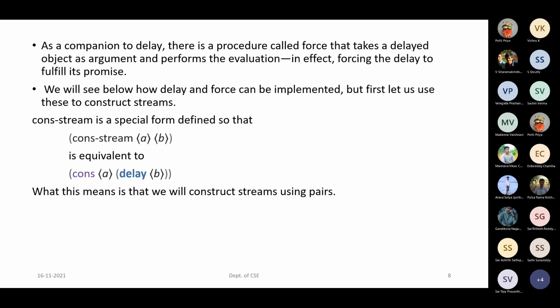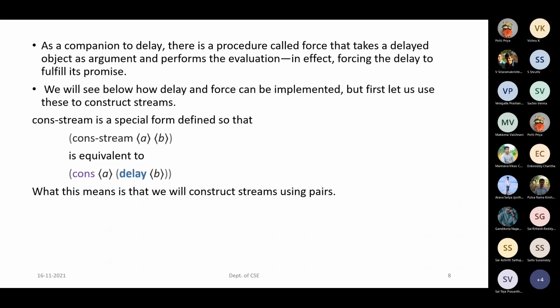So what is the small change in the constructor procedure and in the CDR procedure? When we say cons-stream A, B, it is the same as saying cons of A, which is our first value, and for the B part, from the second value onwards till the last content, we have applied a delay procedure. Delay is a primitive procedure where we are saying that it won't be generated. We have the contents, but it will be generated if required.